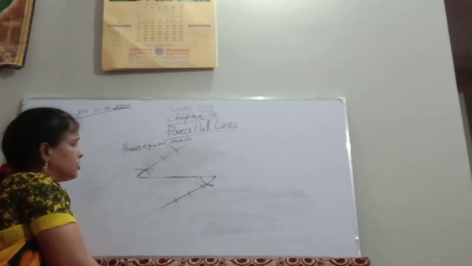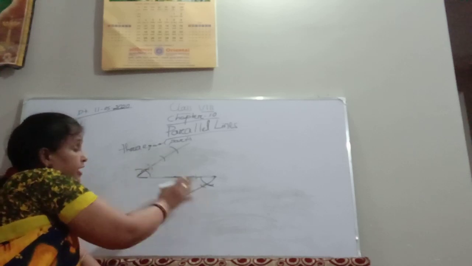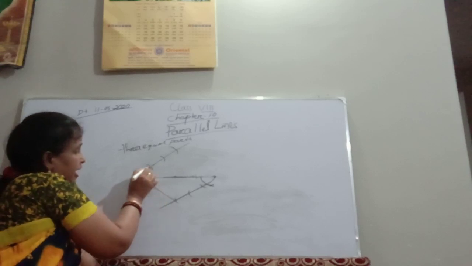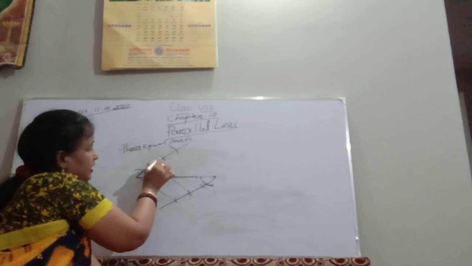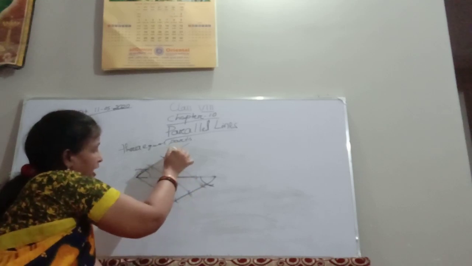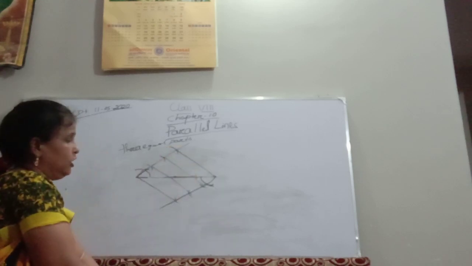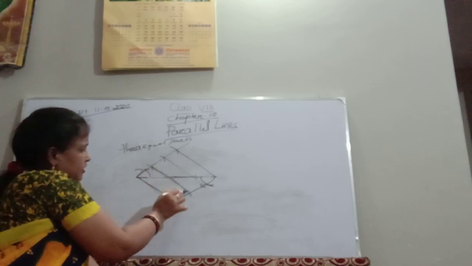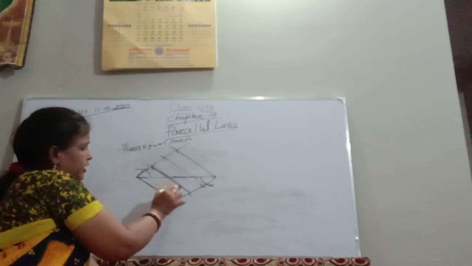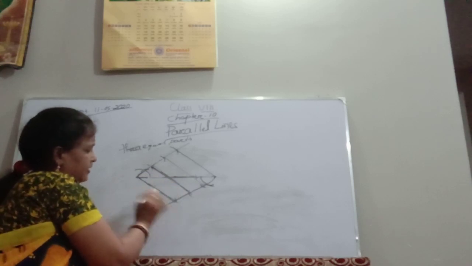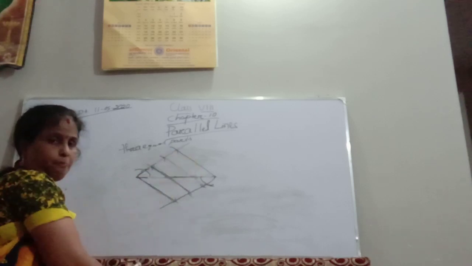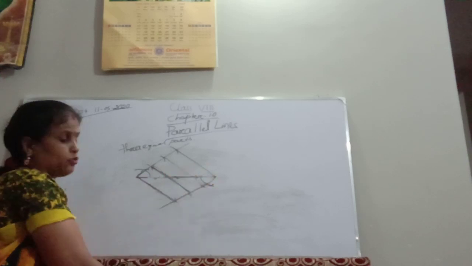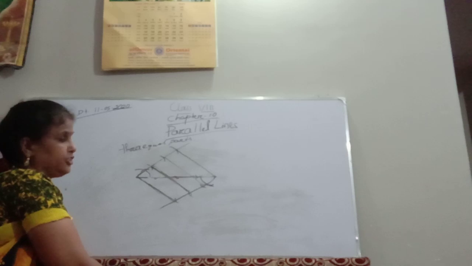Understand? Next, you can join the arcs like this. This end point must be joined to this line, and this point must be joined to this line. This point must be joined to this line, and this point must be joined to this line. So you can see all these lines must be parallel. It is just similar, I am not holding a scale. So this is like that. All the lines must be parallel, and this can be divided into 3 equal parts. So everybody understand equal division.